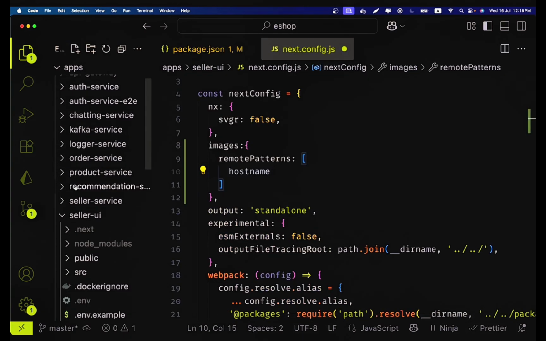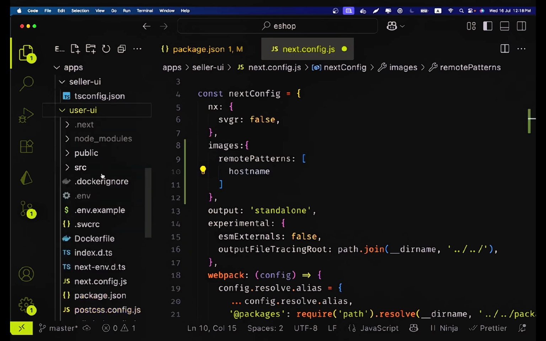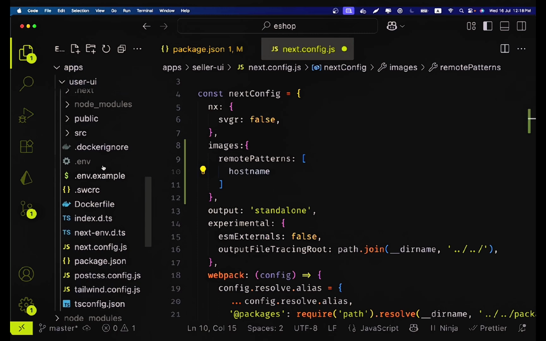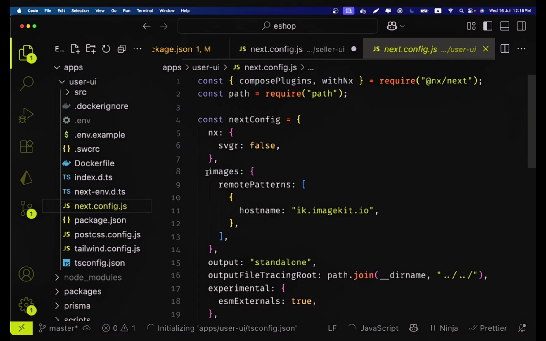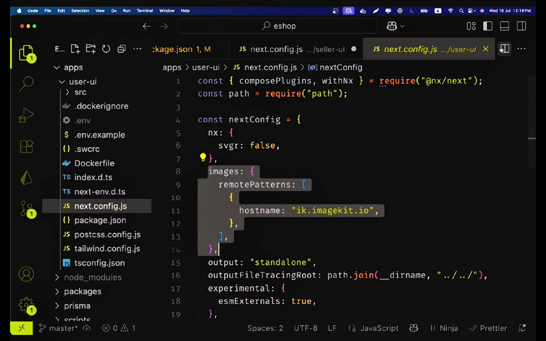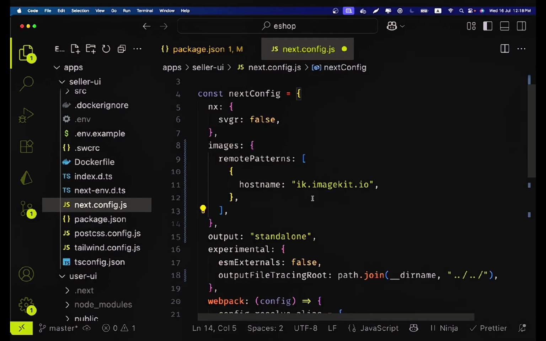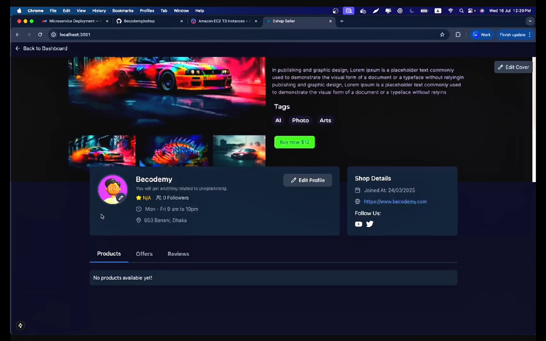Let me copy it from the user UI because it's going to be completely the same thing. So, which file? This next config. Yeah, images and remote pattern, hostname, done. We can come here and reload. Everything will work now. All right, so right now you can see we are logged in, and this is the